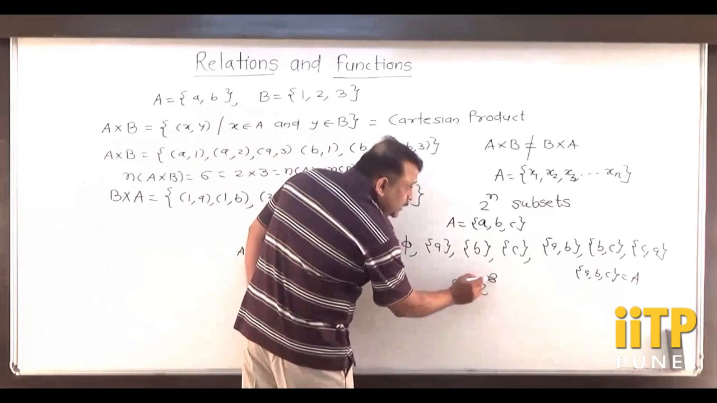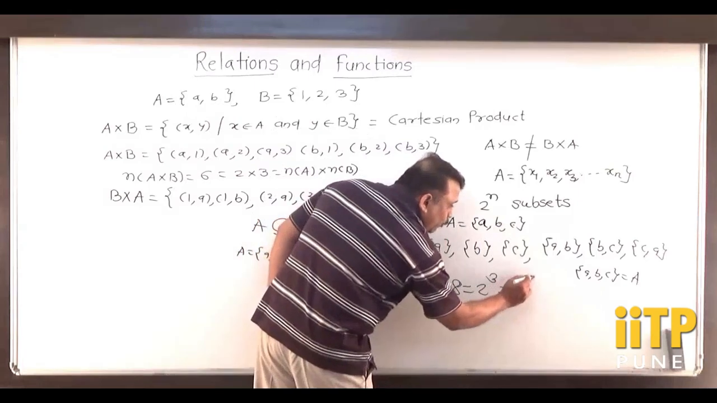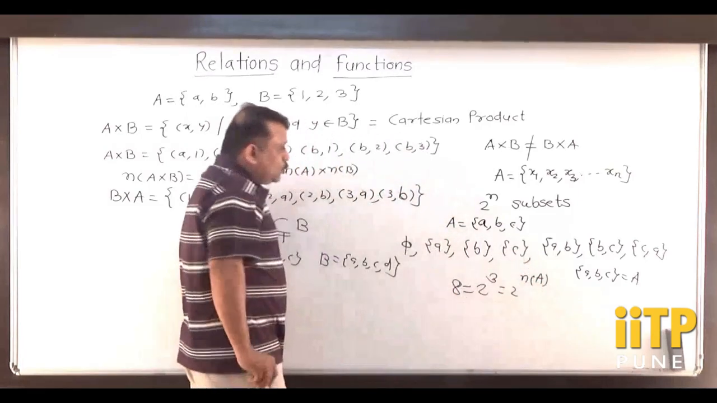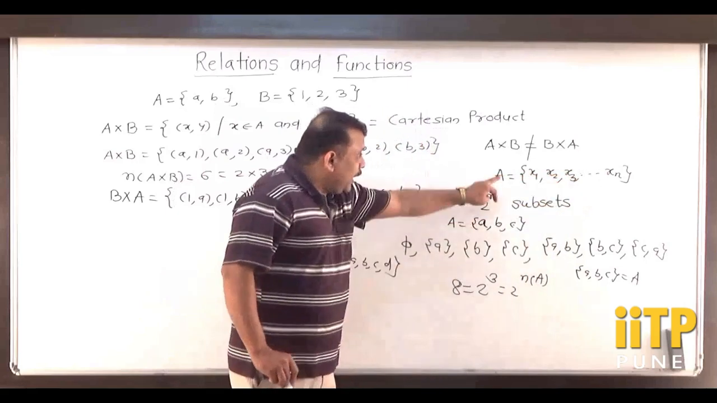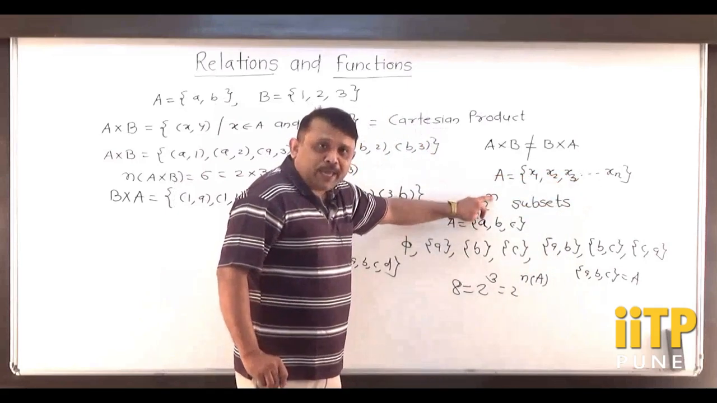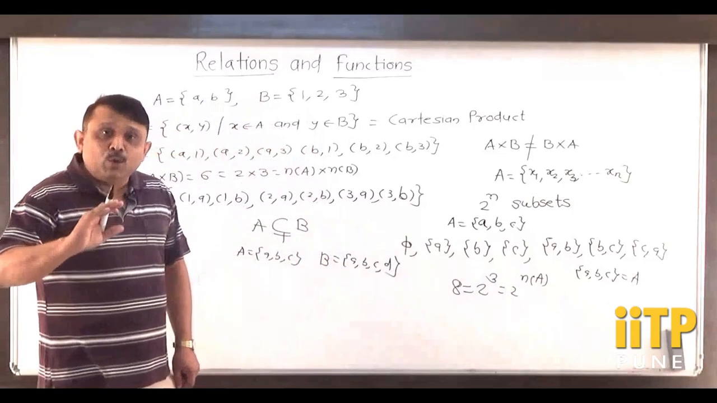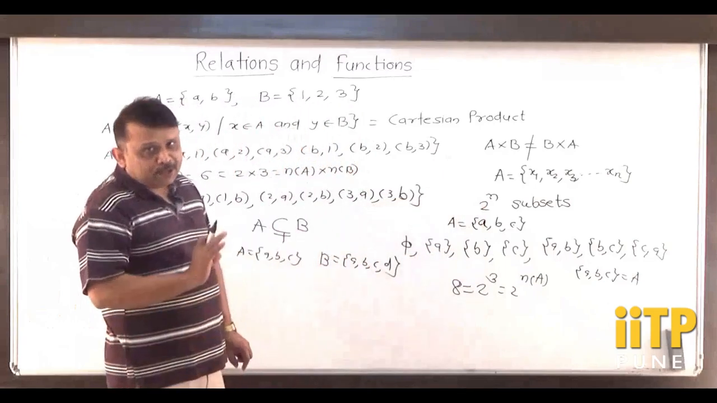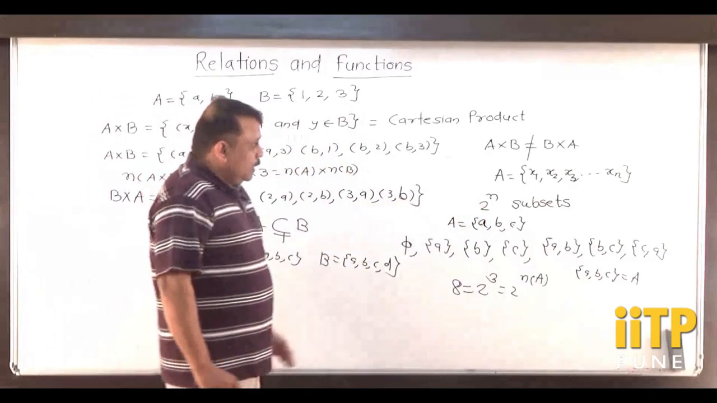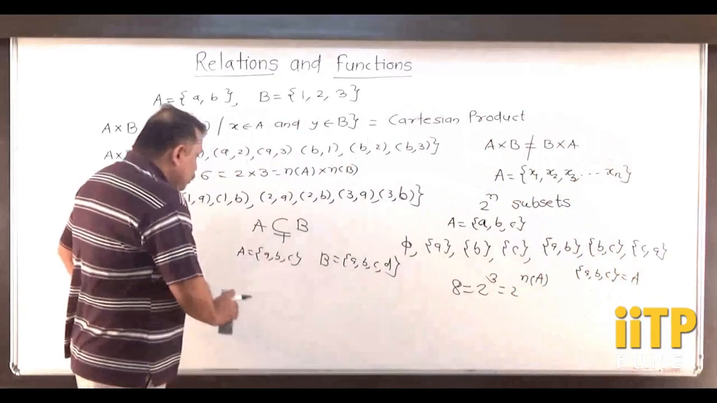This 3 is nothing but the number of elements in A. So, I can write 2 raised to n(A). So, if A has n elements, then A possesses 2 raised to n subsets, that is, 2 raised to the number of elements in the set A, those many subsets. If this idea is clear, we will proceed